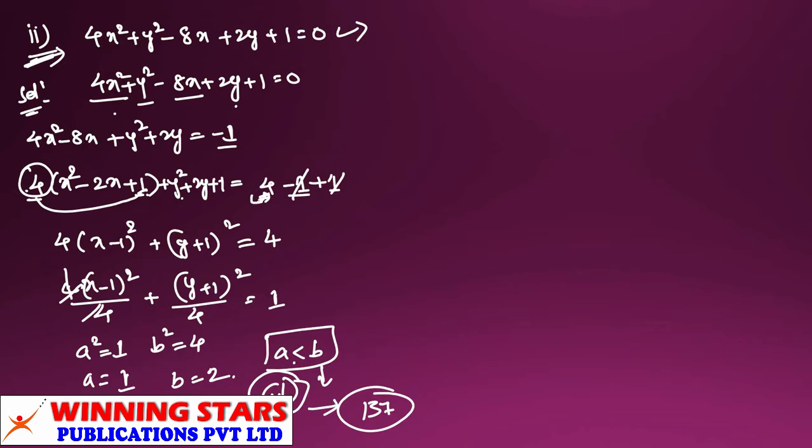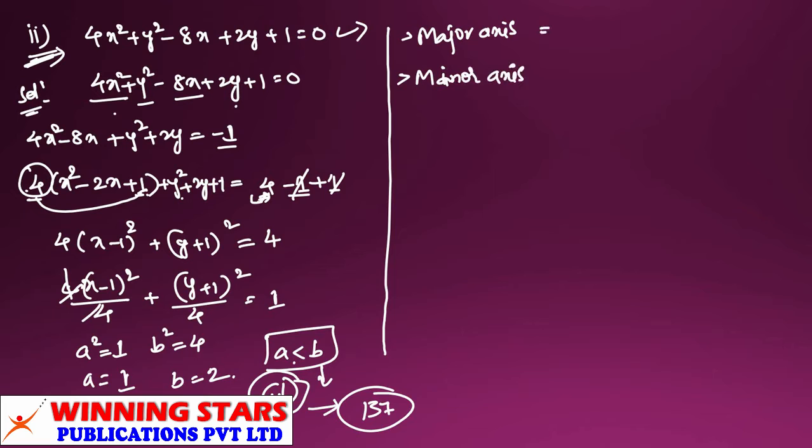So that formula and the ellipse details are given. The length of the major axis is given there. So I am writing here. What do we have to find? Major axis, and after that we also have to find the minor axis. First we'll find the major axis. Here b is the major one, so 2b is the major axis and 2a is the minor axis. What is the b value here? 2. So 2 into 2 is equal to 4, the major axis we got, and for the minor axis 2 into 1 is equal to 2.